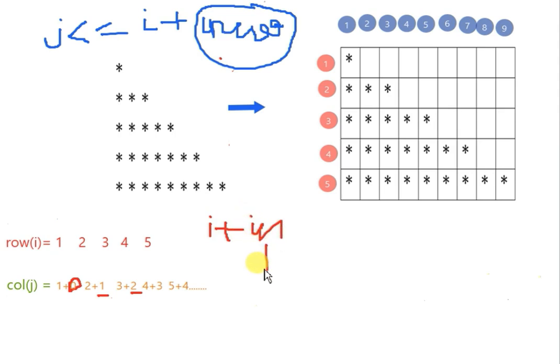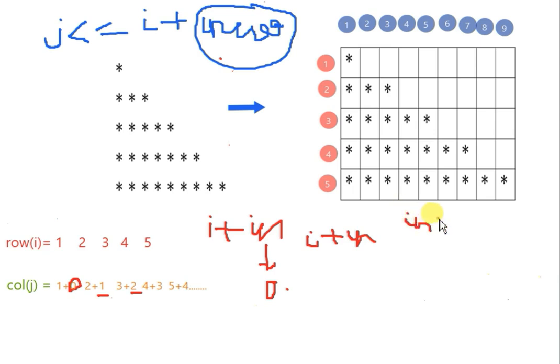This has to start from the initial value, that is 0, and it will be incremented in the subsequent I value. So we will be having a generalized formula of I plus increment, where n